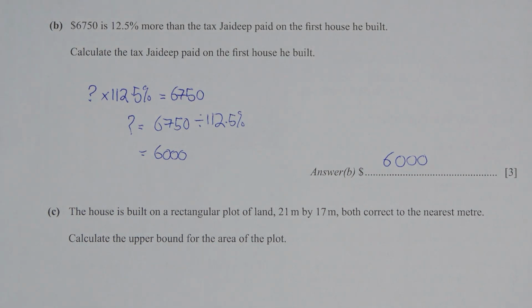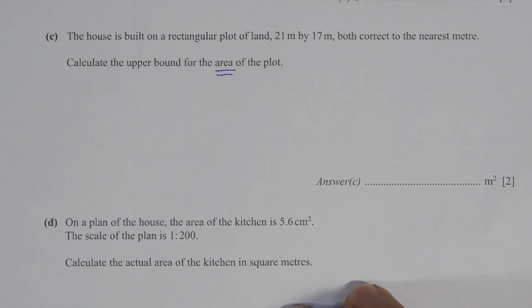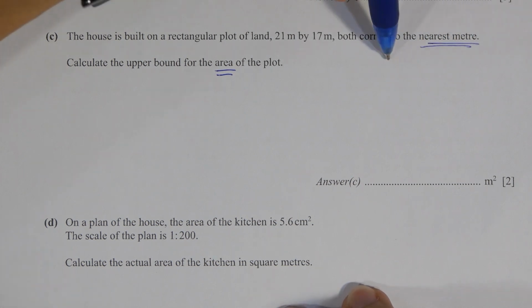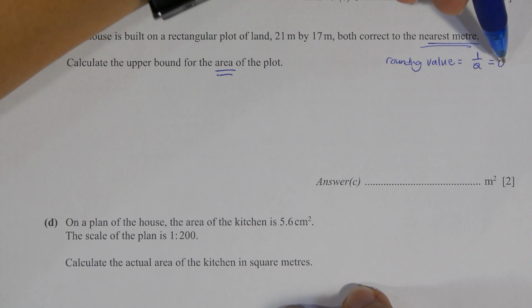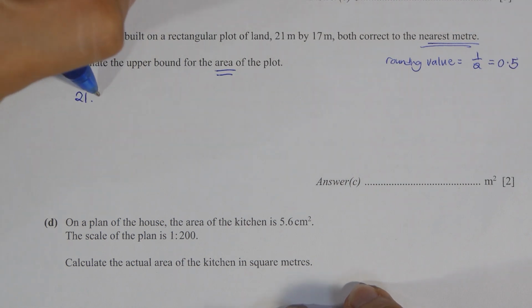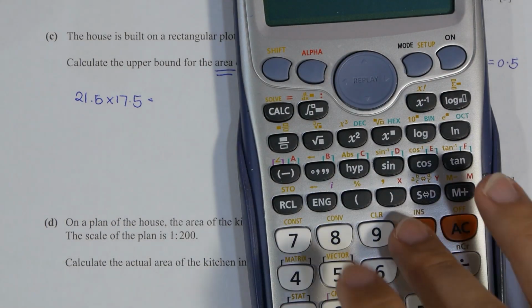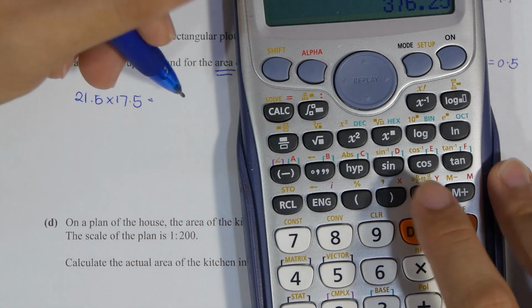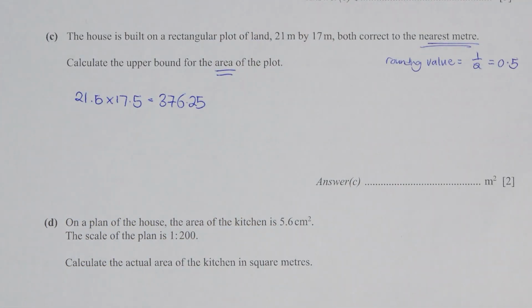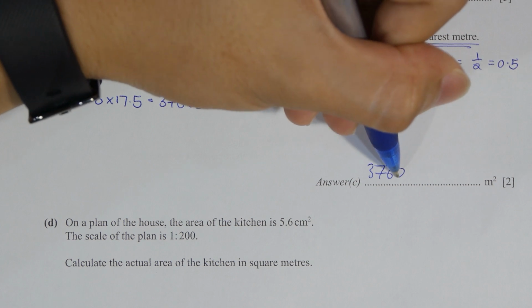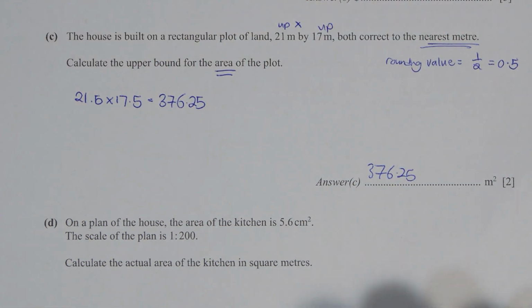As for C, they wanted to find the upper bound, with the value given corrected to the nearest meter. So the rounding value is actually 0.5. The relationship in this equation is multiplication, hence both of the variables are required to be added by 0.5 for you to get the upper bound value. So 21.5 times 17.5, then you will get